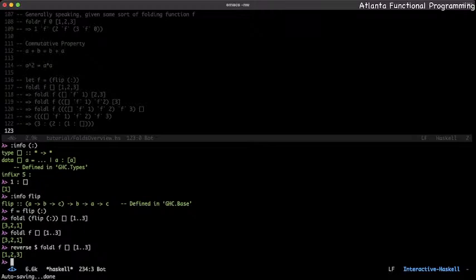And we talked about const earlier, which takes the first value and prunes it. Since it doesn't exactly evaluate the second argument, it means that if you flip const, it's going to attempt to give us